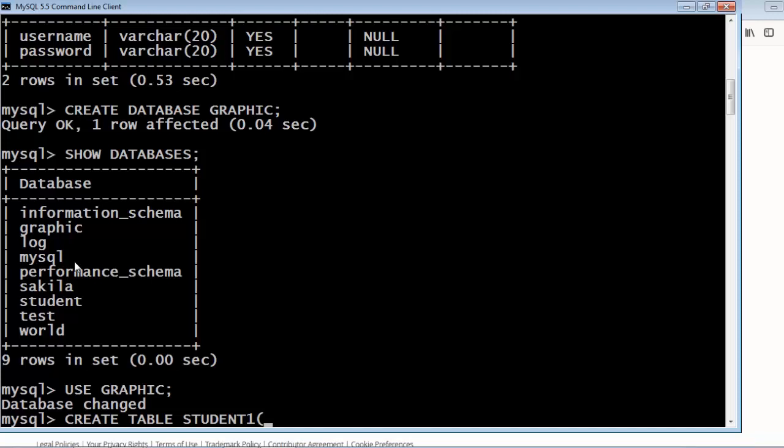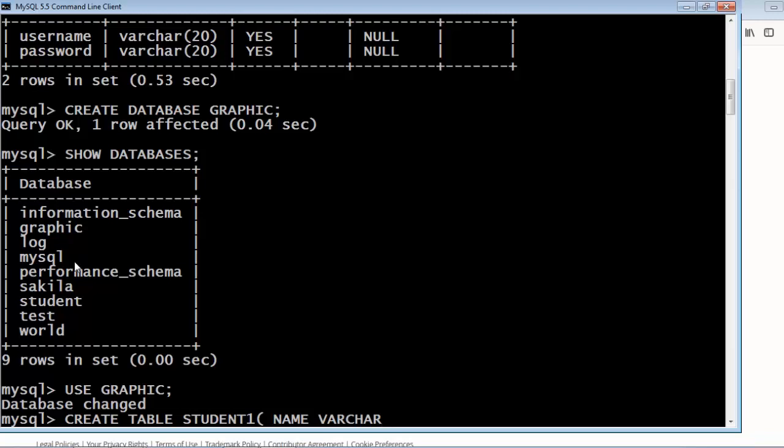For example, I want this table to contain the name of the student and the roll number of the student. I want only two specifications inside this table. So I will write name varchar. This varchar is a variable character.